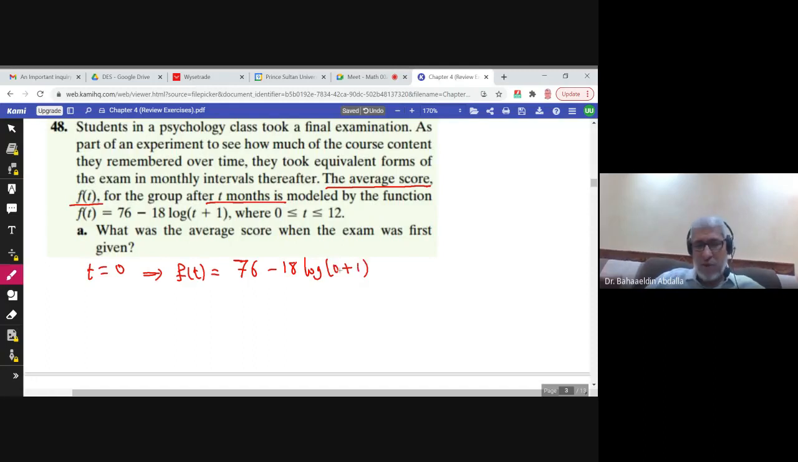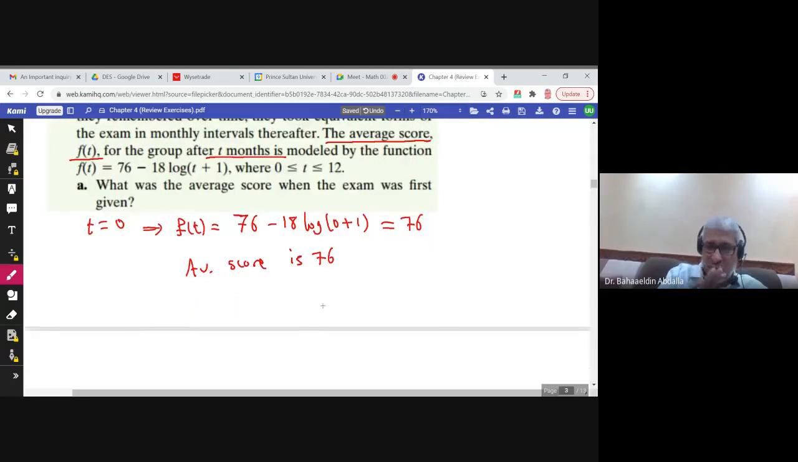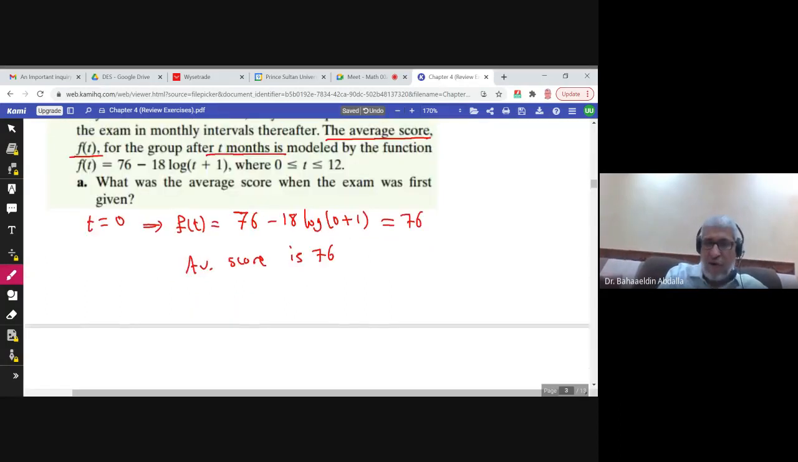You put t equals 0. But log 1 is 0, times 18 is 0. So the answer is 76. So the average score when the exam was first given is 76. That's the average when the exam was first given, okay? Before any